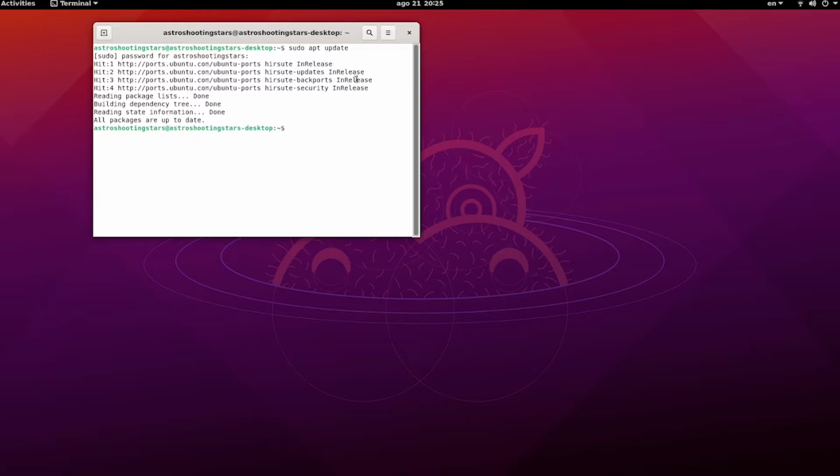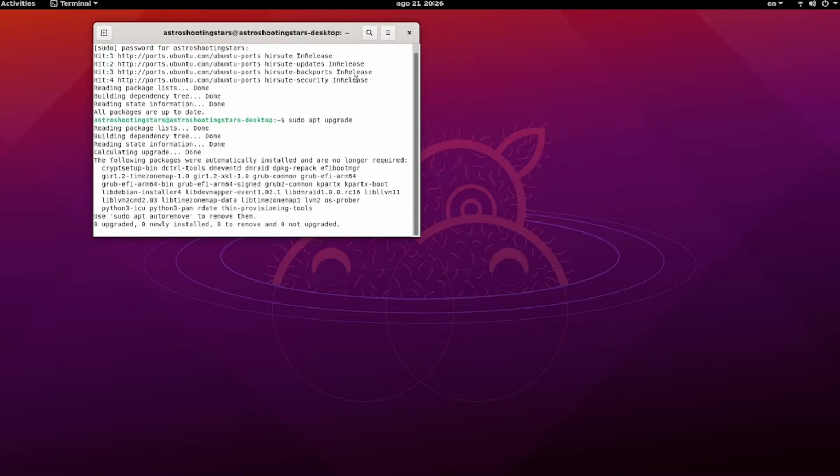Don't worry guys, as usual, if you do not understand the process, just follow the commands that I have and I will put all the commands in the description below. So next thing we need to do is to upgrade the packages which are upgradable by doing another command which is sudo apt upgrade. So this will upgrade all the packages which are available on this Raspberry Pi 4 to the latest patch level.